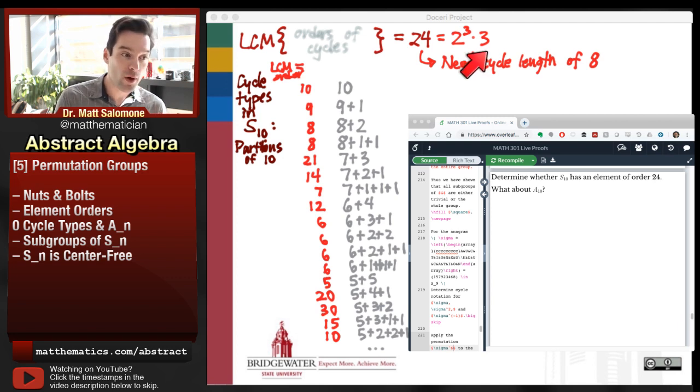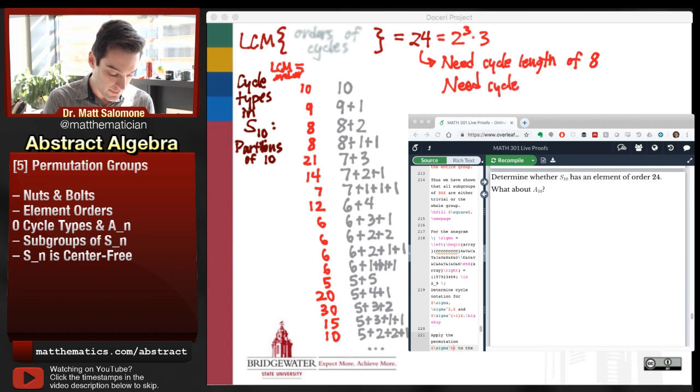I can only have one 3 somewhere in my cycle lengths. Maybe a better way to say this is I need to get a 3 from somewhere, and so I either need a 3, a 6, or a 9. The problem with 9 is that 9 is not actually a divisor of 24. 3 and 6 are. So I need either a 3 or a 6 cycle to be a part of my